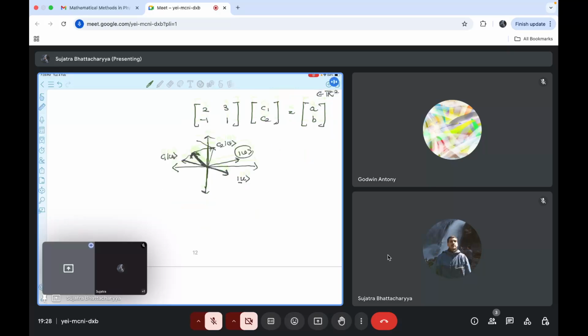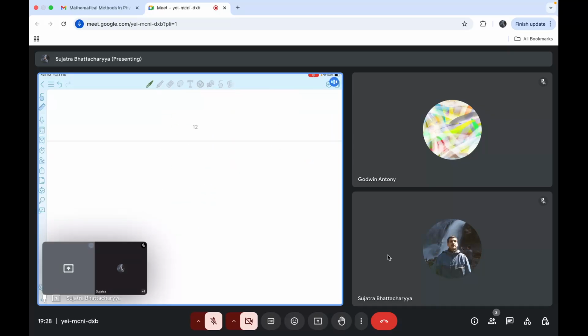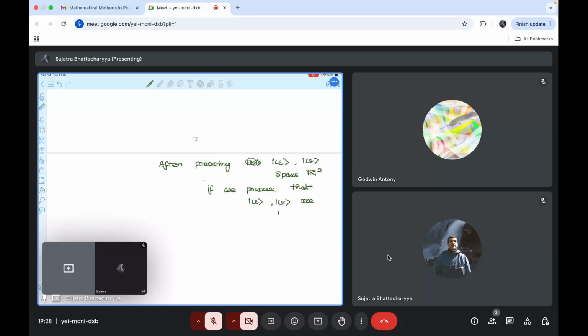That is any vector in R2. Okay, this is the meaning of this span. Just a rough example. Now, if we show in this spanning set, after proving that u and v span R2, now if we further prove that this u and v are independent, that is mutually orthogonal or something like that, so independent,